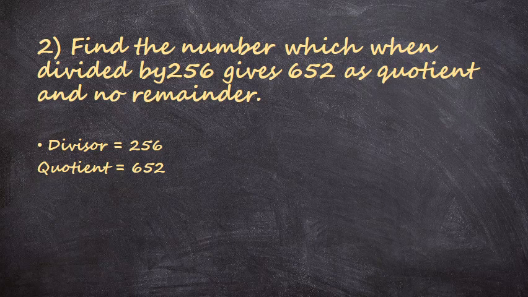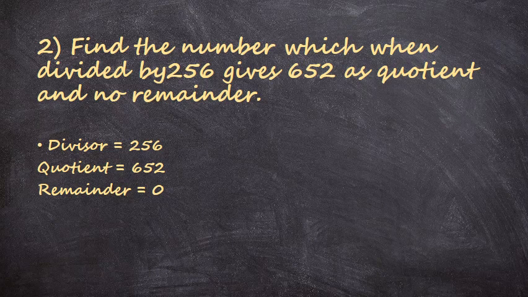Similarly, here when we divide the number by 256, we get the quotient as 652. Remainder is equal to 0. It is already mentioned in the question. Now, in order to find the given number, we will apply one formula. Before proceeding towards the formula, let me remind you that the number which we are going to find out is known